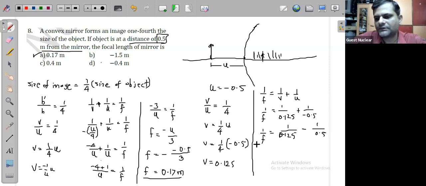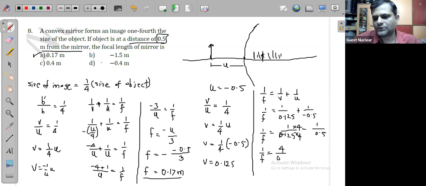But as we already know that 0.125 is the fourth fraction of 0.5, that means if we multiply 0.125 by 4, we will definitely get 0.5. So let us multiply and divide by 4 so as to make the denominator the same. Here we multiplied and divided by 4, so 1 upon f actually becomes